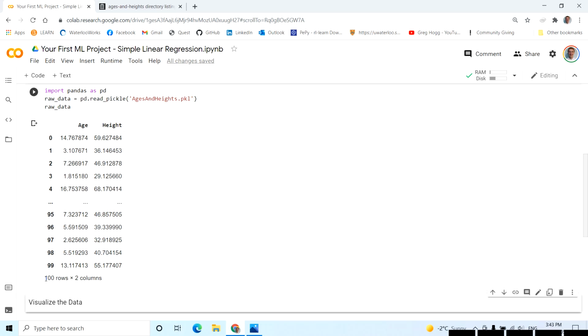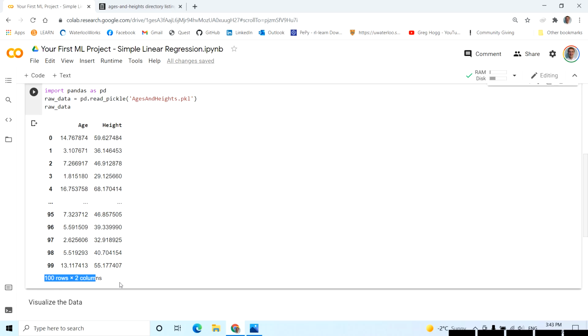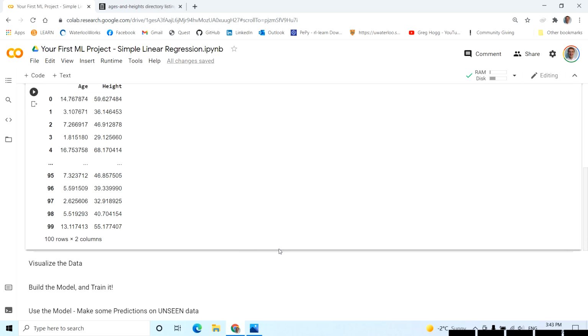So you'll see it says that it has 100 rows by 2 columns. We don't see 100 rows, although we see 100 of these index values. That's because pandas by default is not going to show you everything, because it's just giving you a feel of what's in there. Okay, so to get a better feel of what's in there, we can do a couple things